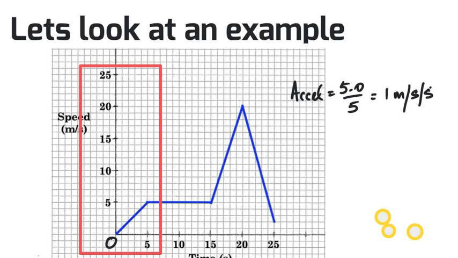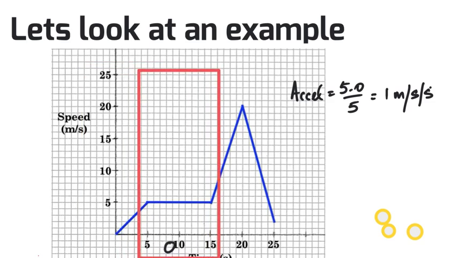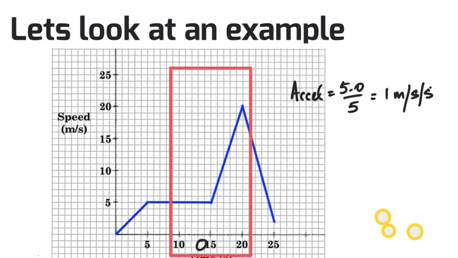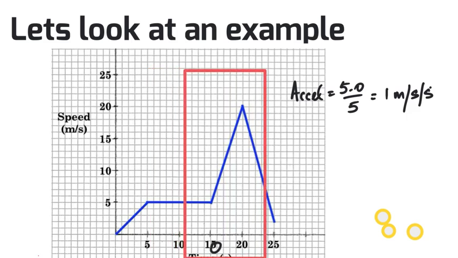Now let's look at the next one. If the object has a constant speed, like here, between 5 and 15, does that mean it has any acceleration? Well, the speed doesn't change, so the starting speed is 5, the final speed is 5, so the change is 0. So if we've got 0 at the top, we're going to have 0 metres per second, so there is no acceleration. If we then go on to the third stage, right, between 15 and 20,